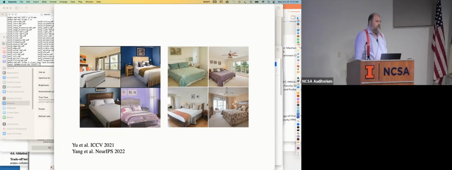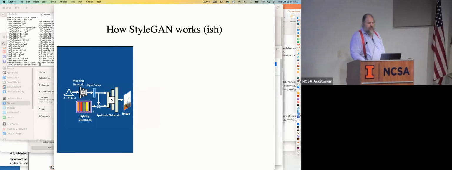We can do interior scenes. For some reason, those have been popular since the start. There are very good data sets of pictures of interior scenes, and you can generate images of interior scenes. They're pretty compelling. Not only that, you can actually control the thing.